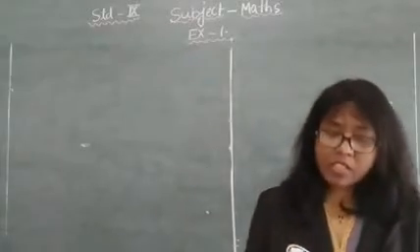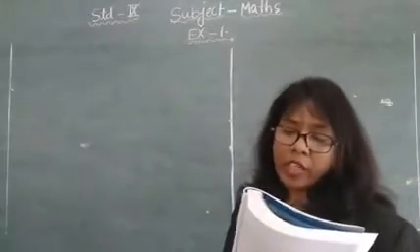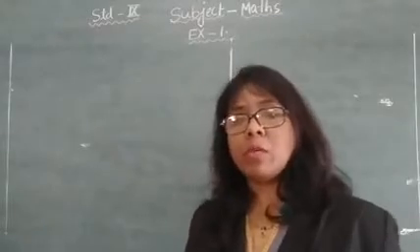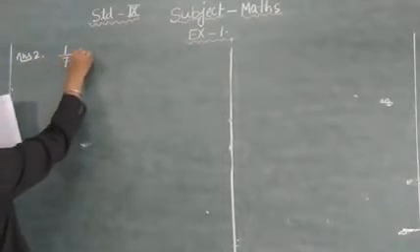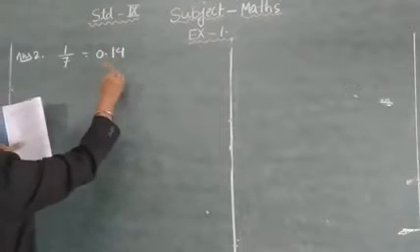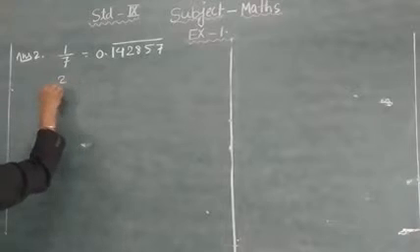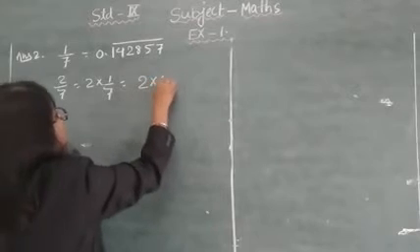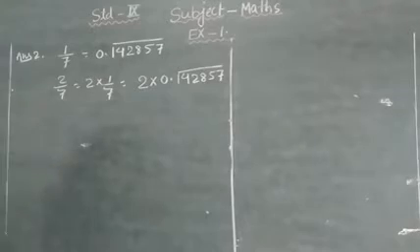You know that 1/7 is equal to 0.142857 recurring. Can you predict the decimal expansion of 2/7, 3/7, 4/7, 5/7? This is the easiest. What is the easiest way here? Just see. It is written here 1/7 is equal to 0.142857 recurring. So 2/7 is equal to 2 into 1/7. So 2 multiplied by 0.142857 recurring. Fine, you will follow the method.